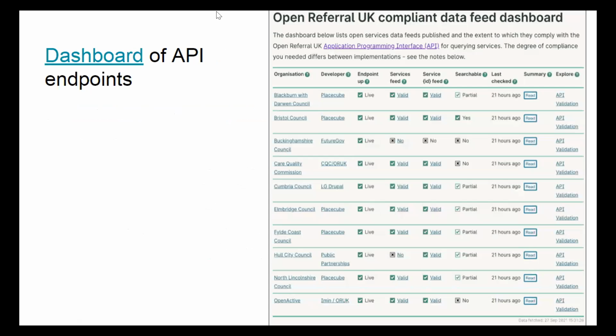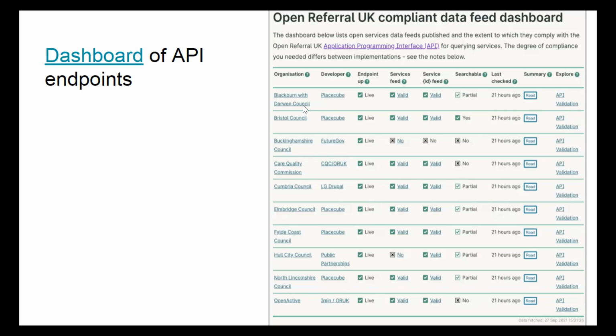And if we come on to look at one of our tools, it's a dashboard which looks at other people's service feeds. So these are live feeds in the UK, and you can look at this live on our site. We check it overnight, every night, and you get a tick in the box if the API is up. You get another tick if the /services works. You get another one if /services ID for a randomly picked ID works. And then you get extra ticks if those search parameters work. And if they're only partial, you can hover over here and see what's compliant and what's not. And if you want to go on, you can look at the details of the API, and you can run our full validator against any of these API feeds.